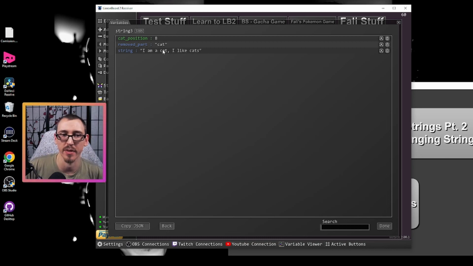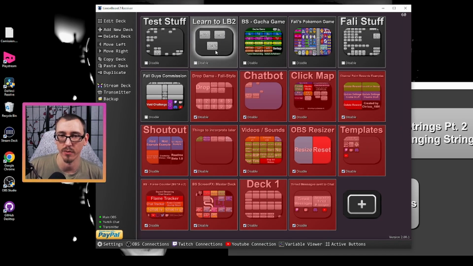in a new variable so we can reference it if we need to. Now, what happens if you want to actually remove that from the string and continue doing whatever you want with the string that you were originally working with? So let's say I don't want the word cat there. What we can do